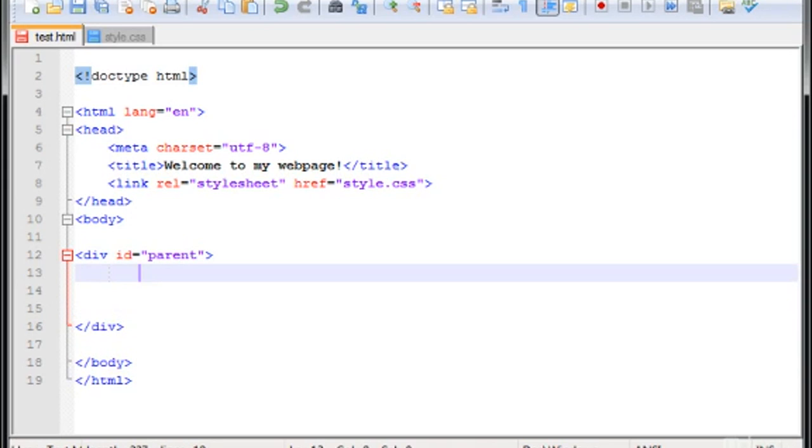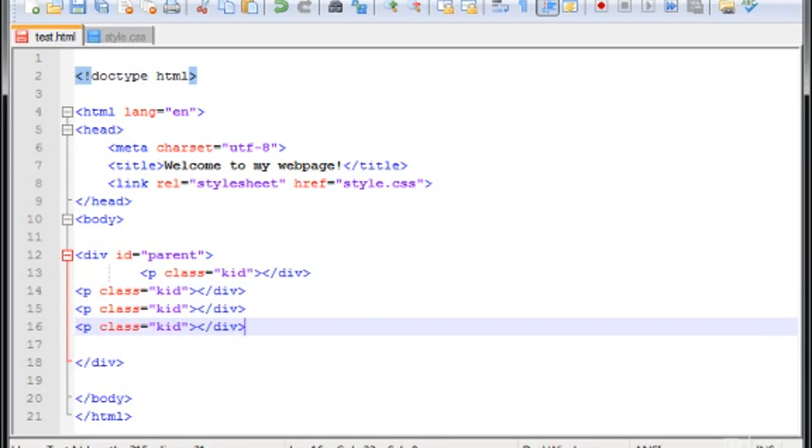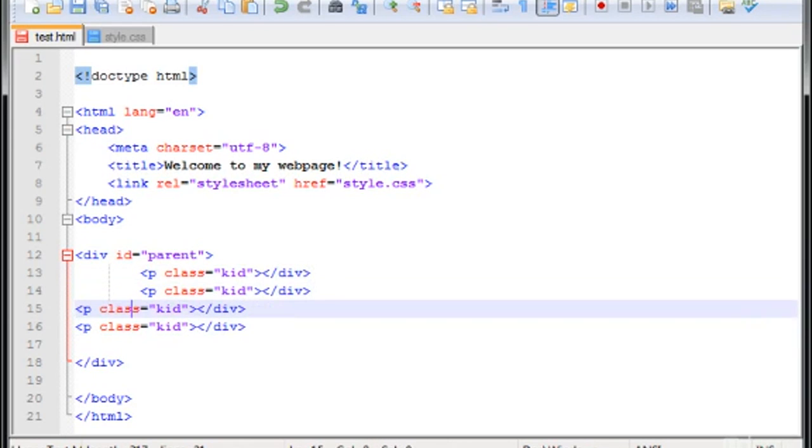And here, let's type P, class equals, let's call this child, or instead of child let's call this a kid. Now let's grab this, copy, and paste it like this. Okay, so